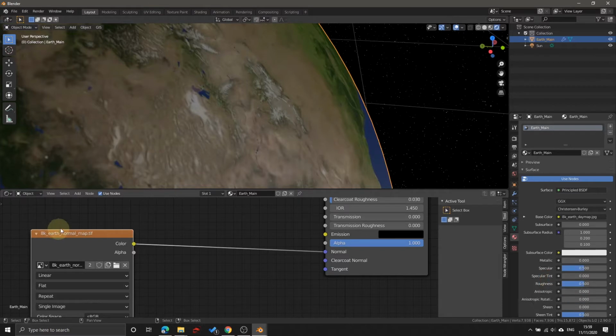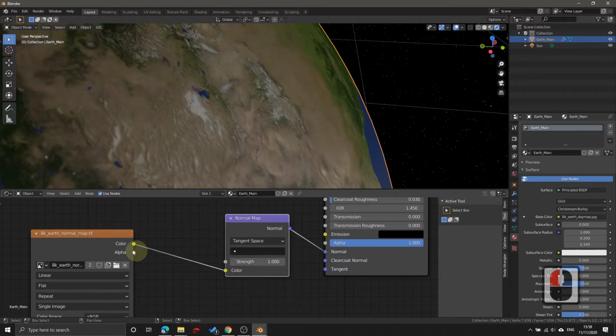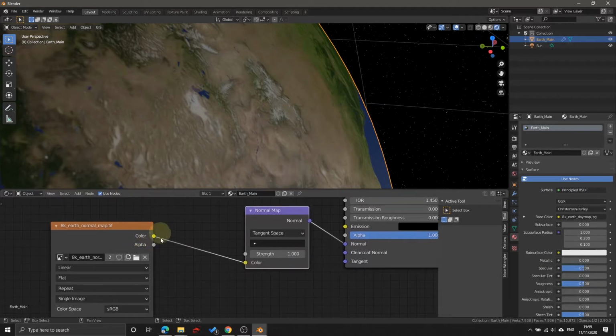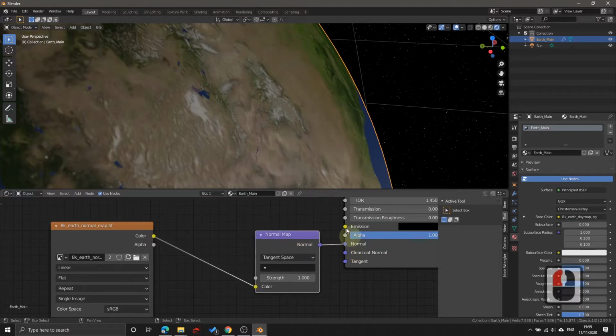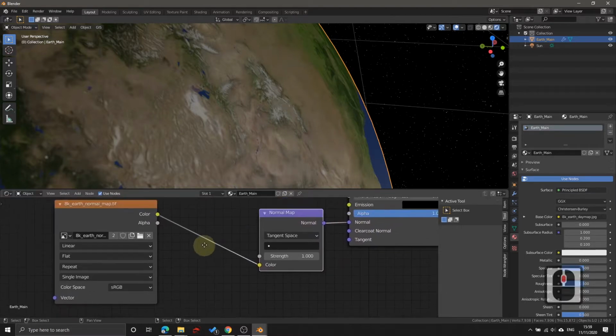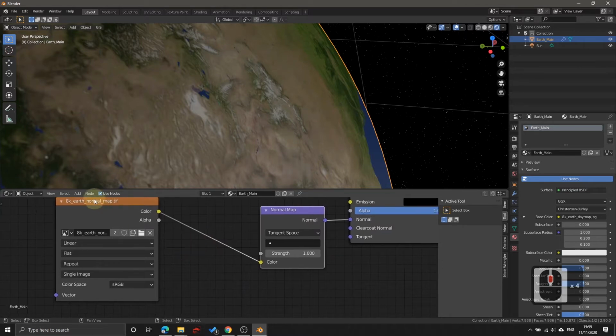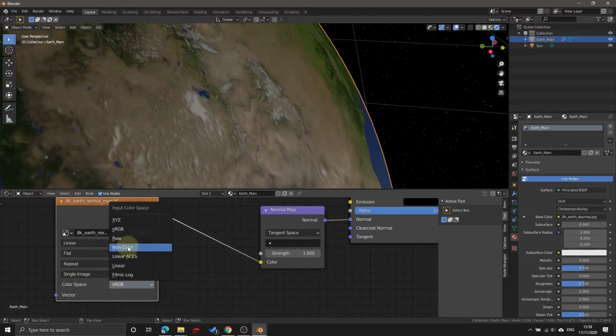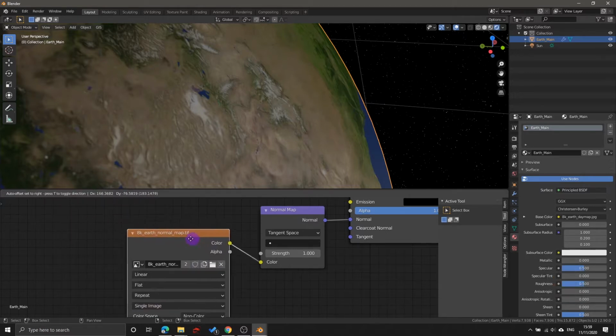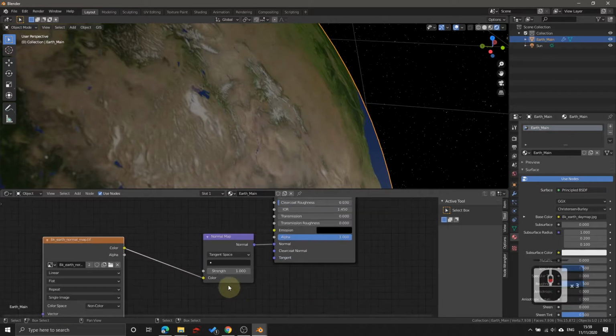Between our image texture and the normal, we need to add another node called normal map. And this translates the color information coming in from our normal map to an actual normal map as Blender understands it. The other thing that we need to change is that in our image texture node, we need to change the color space from sRGB to non-color. And now that we've done that, we should be able to